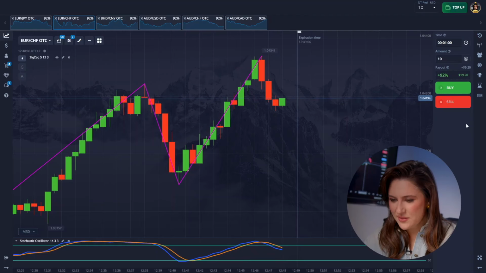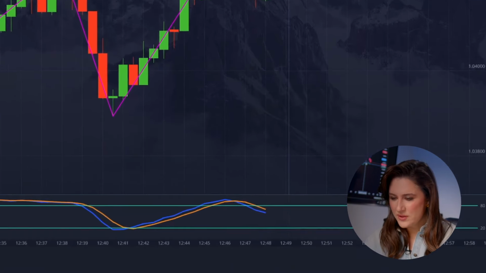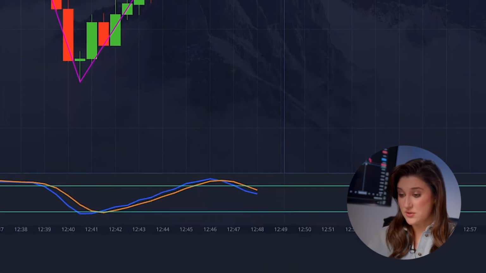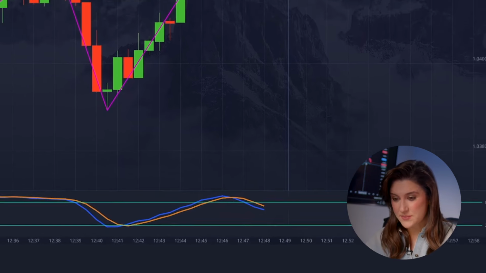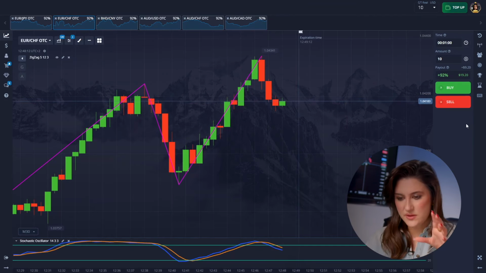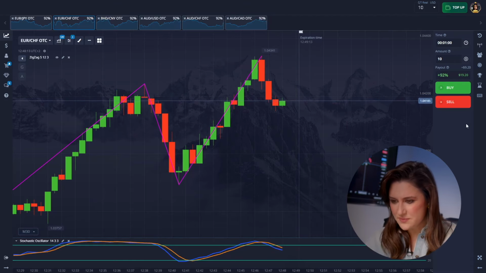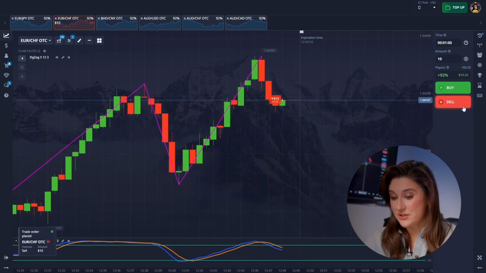All right, let's begin. Here we go. Looking at the first pair, I noticed that after a climb, there has been a gradual weakening. One of the indicators suggests a trend reversal. The lines have crossed and are now moving downward. Plus, the chart shows a downward move that overtook the previous upward leg, often an early sign of a sentiment shift. Based on these factors, I decided to go short.